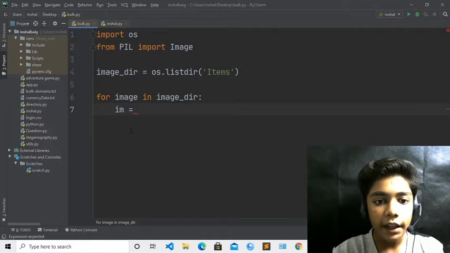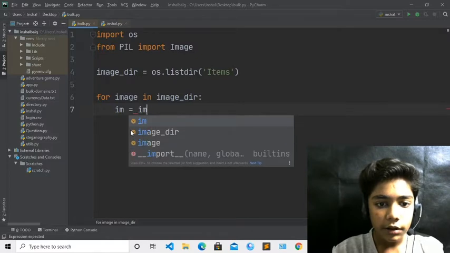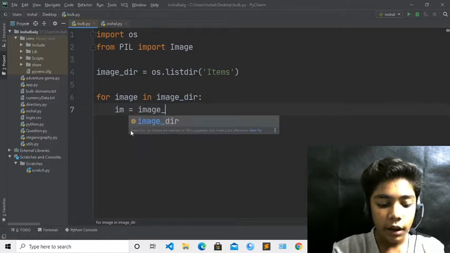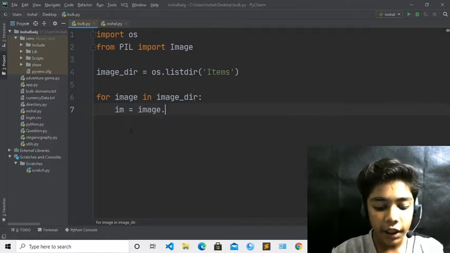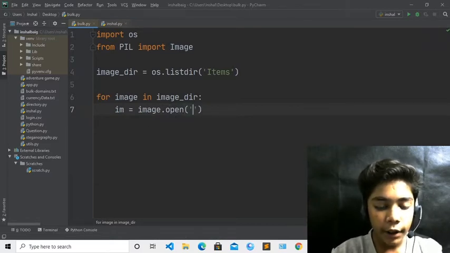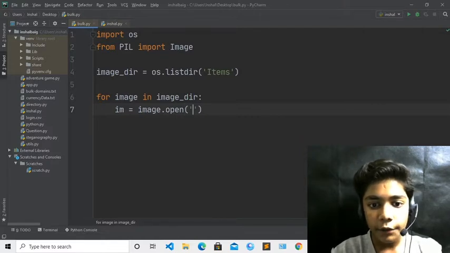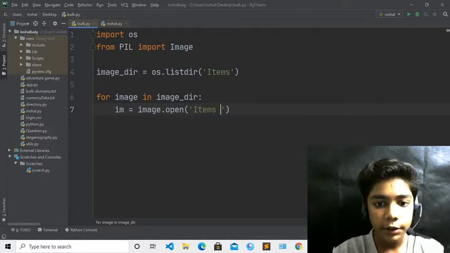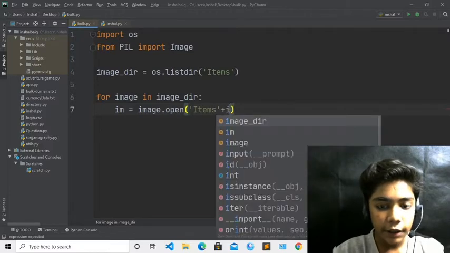Now I have written im, and with the im here you have to write Image.open, and in Image.open you have to define your folder name. In this string I will define my items folder, items, and then I will write a plus sign with image.